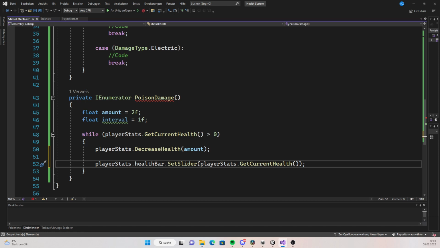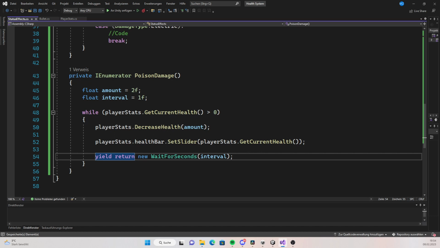Now we want to wait for a second before this code gets called again. The following syntax might seem a little bit weird if you have not worked with coroutines before. Write yield return new WaitForSeconds and pass in the interval. This code is basically just going to wait for interval amount of seconds, in this case 1 second, and then